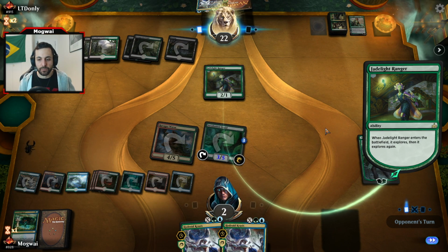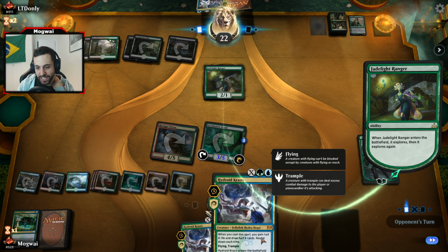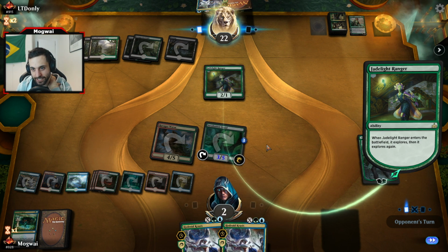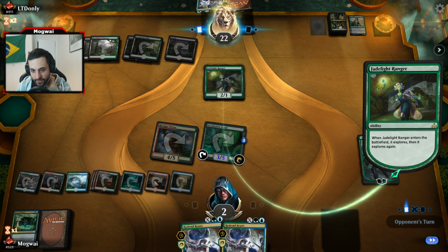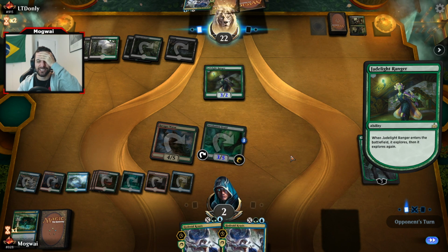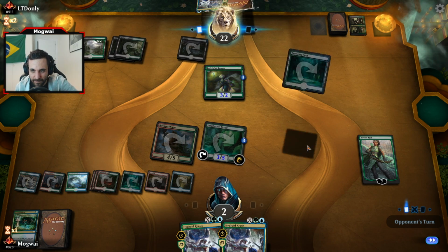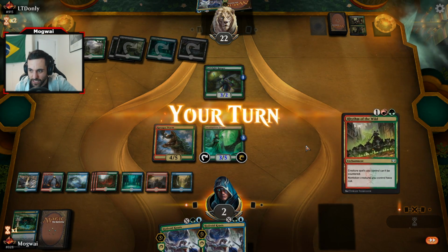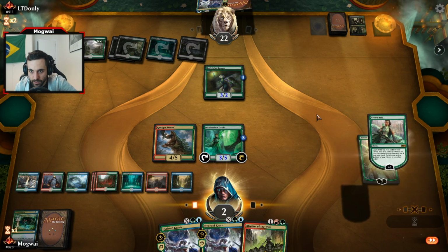But now we're in a position where we've taken all this beating, but we're gonna switch it around because Hydroid Krasis is just gonna come in here. Okay, how many lives do we have? 1, 2, 3, 6, 7, 8, 9. 9 plus 12. Okay, so we can play 10. Oh my god, we can gain 10 life and draw 10 cards. That is obscene. That is actually obscene. But wait, what if we...